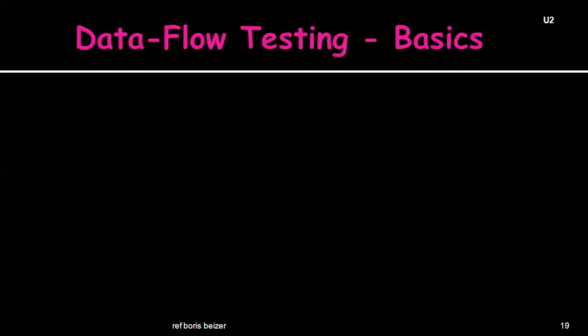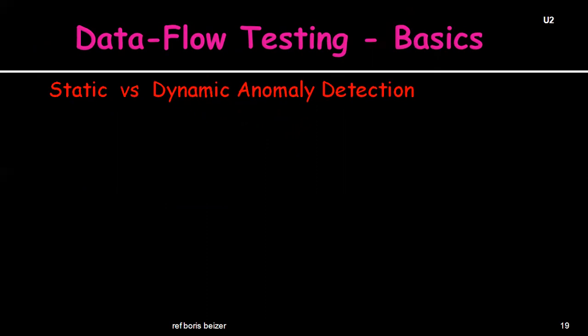Now, static versus dynamic anomaly. How to detect a static versus a dynamic anomaly? What are static anomalies? What are dynamic anomalies? Here, static analysis is an analysis that is done at compile time. If you do the analysis at compile time, then we say it is static analysis. Here the source code is checked and the quality is improved by removing the bugs in the program.